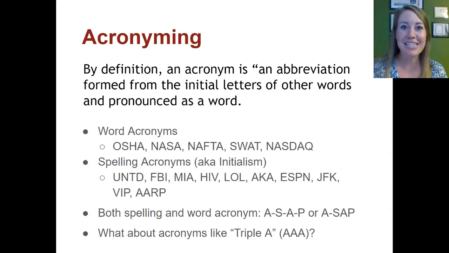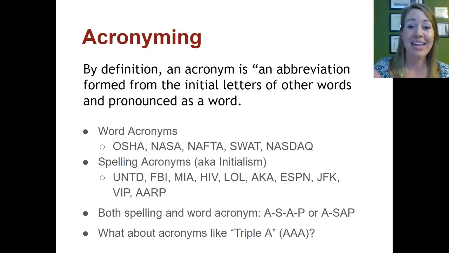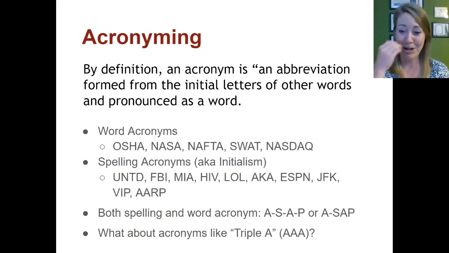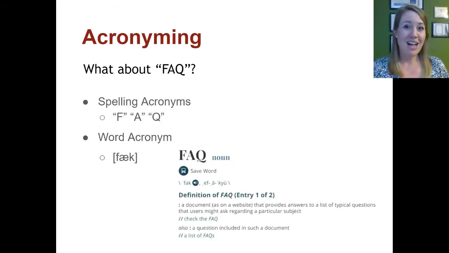And there's always some anomalies in any language, right? So we have some where they're both spelling and they're a word acronym. Like I can say, get that to me ASAP, or I can say, get that to me A-S-A-P, right? And so ASAP is the word acronym part of that, and A-S-A-P is the spelling acronym, but it's still the same term. And we also have acronyms like AAA. So, right, AAA, we call it triple A. So it's just a different type of acronyming, but there's lots of these different anomalies sometimes in English. So the reality is it's not always split down the middle. And language is always changing.